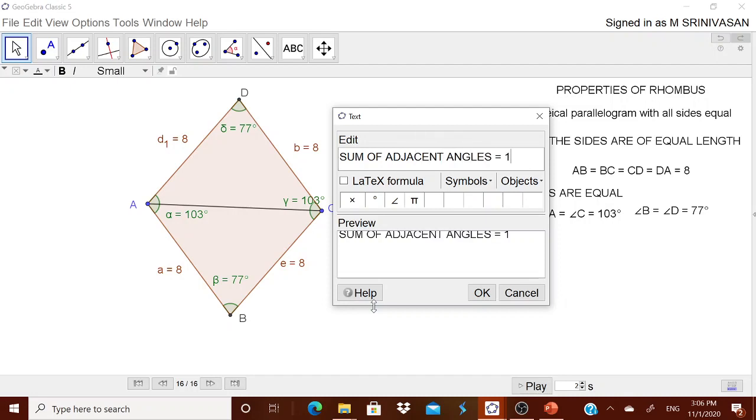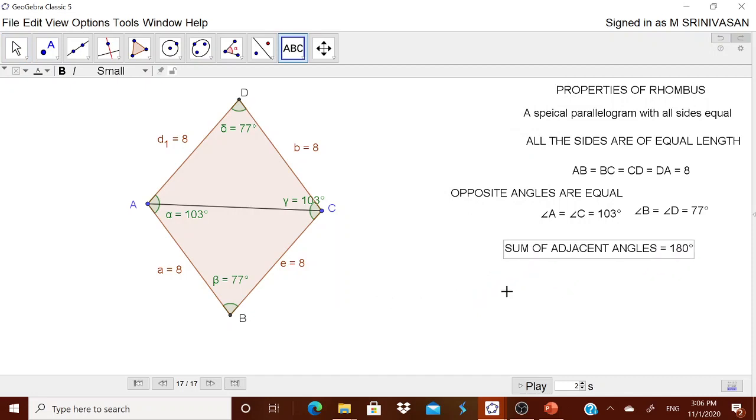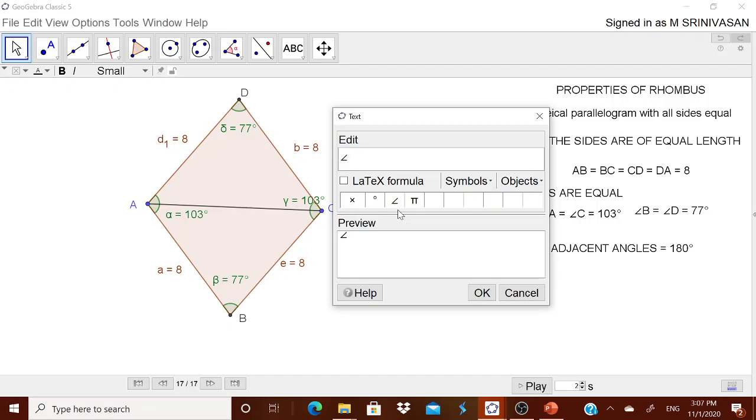Is equal to 180 degrees. Okay, let us try to check out what are the adjacent angles. Angle A plus angle B, then angle B plus angle C, angle C plus angle D, or angle D plus angle A, whatever may be. But let me write simply one of them, two of them maybe. Angle A plus angle B, just for the children to understand actually what is the meaning of it.